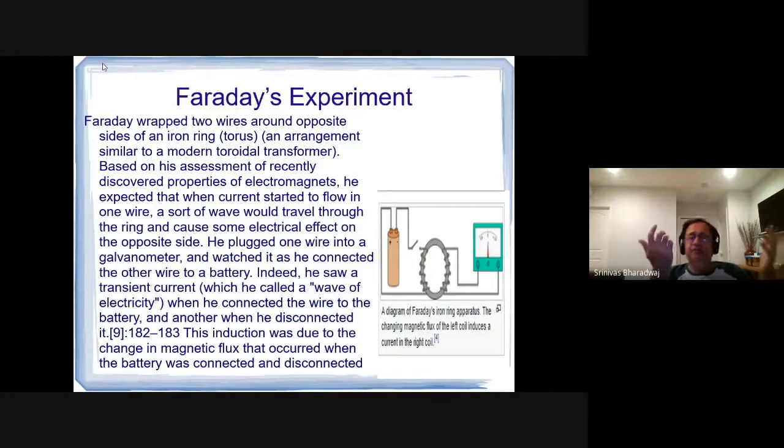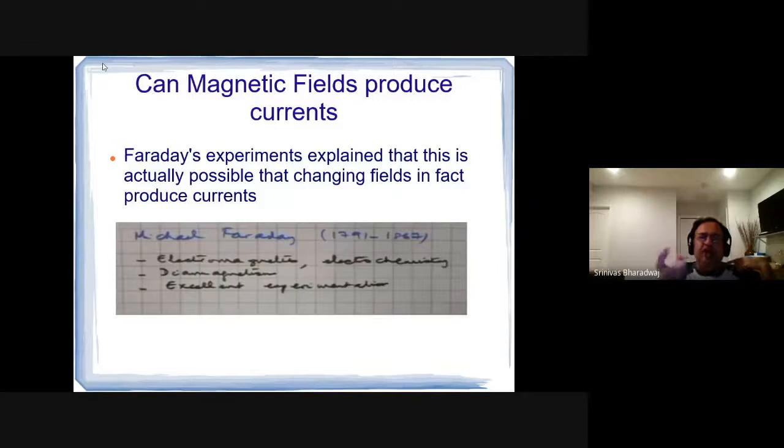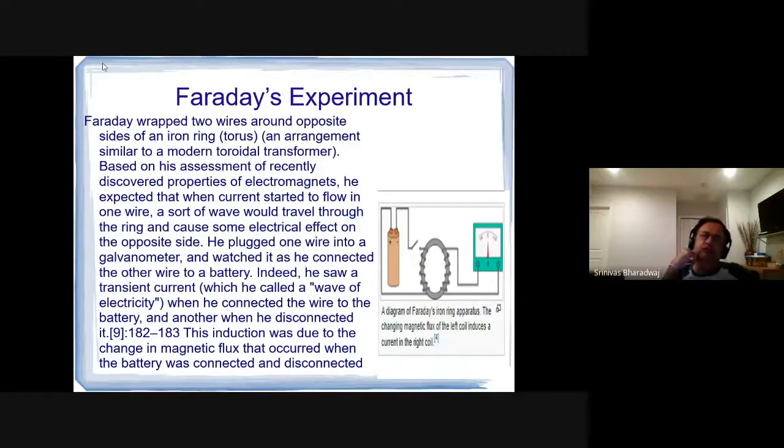Because the battery produced a steady voltage, and the wire had a fixed resistance, the field was not changing except at the point when he switched on the battery. What you need is a changing field, and it only changes when you switch it on. At that moment there is a change, then it becomes a steady state field. So if you keep doing that, it keeps producing